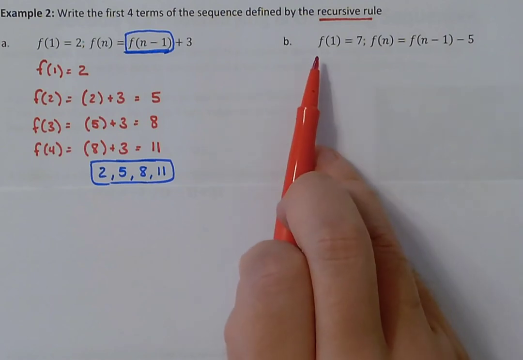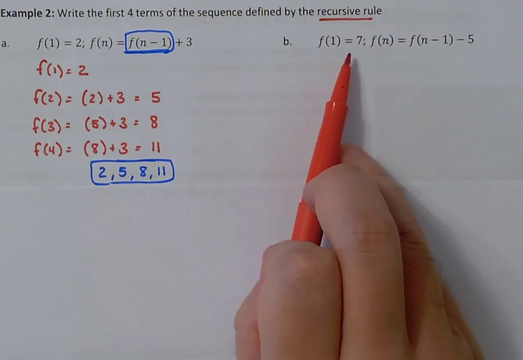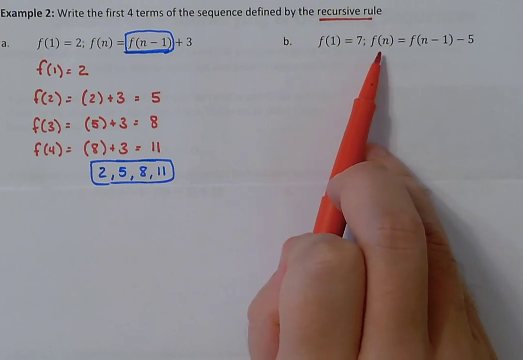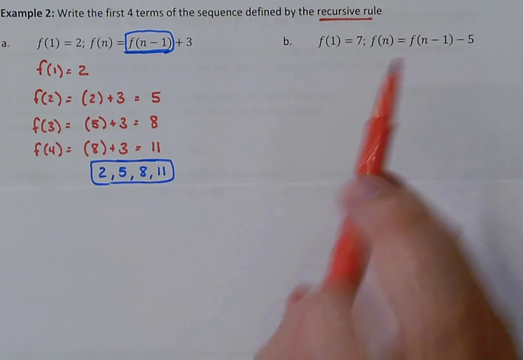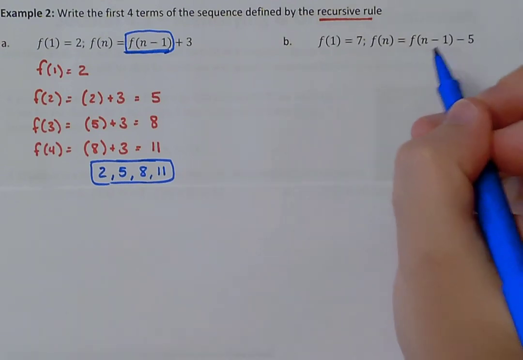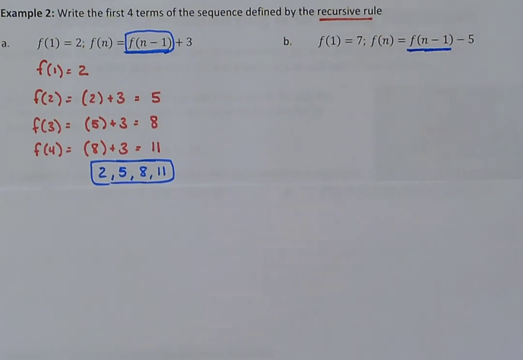If you look at b, for b they tell us f of 1 equals 7, and f of n equals f of n minus 1 minus 5. So what this means, again, this f of n minus 1 refers to the previous term. So we need to go through and find the first 4 terms of the sequence,